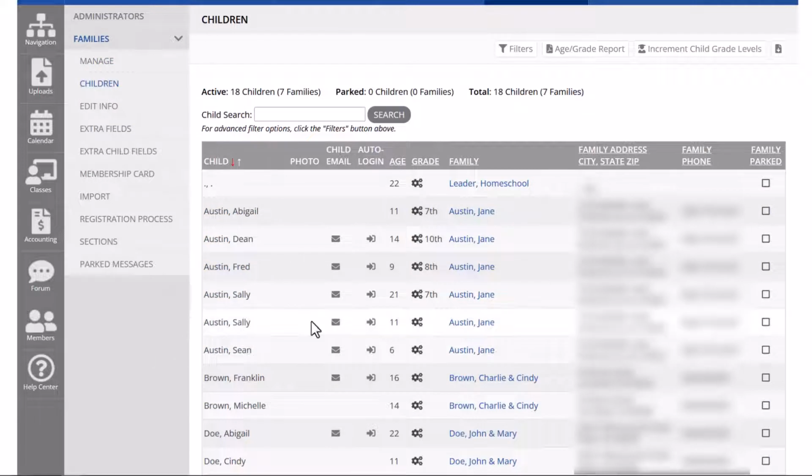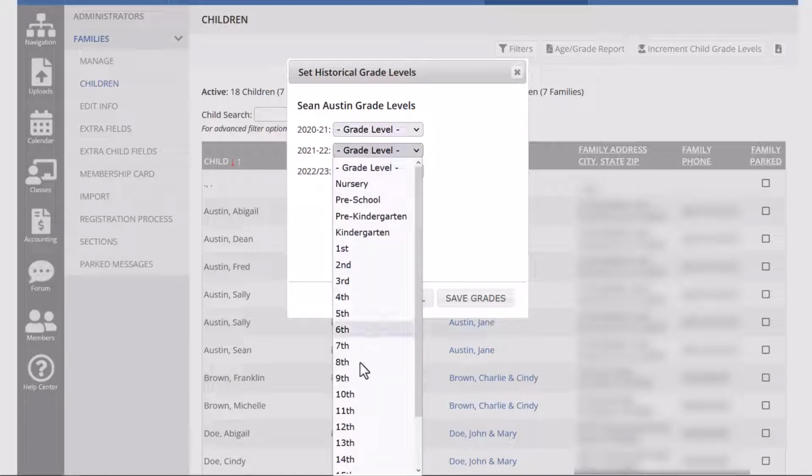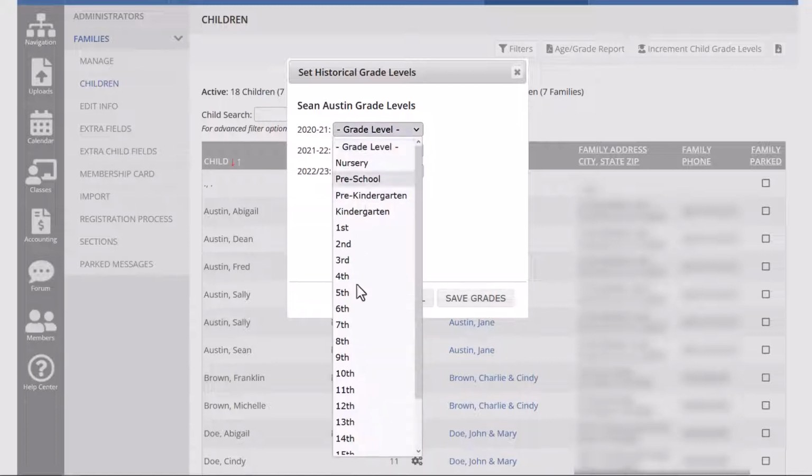Okay, so we have a new cog icon here under Grades, and you will notice that some of my students do list a grade that they're in. That's because I've been in here and I've been updating as I go along. But if you have a student like Sean Austin, who is not showing a grade, you can click on this cog. So here I'm going to choose 9th grade for this current year, and then go backwards, 8th and 7th grade,